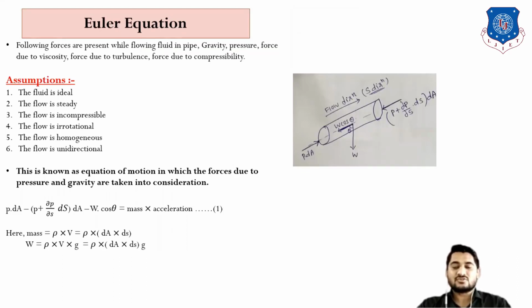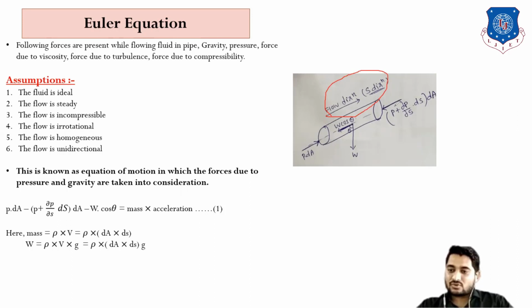This is also considered as an energy equation. So what do you mean by Euler equation? What is the purpose of it? So let us take one sketch here as shown. In this sketch, flow occurs in S direction, right? This is unidirectional flow. Flow occurs in only one direction, that is known as S direction.